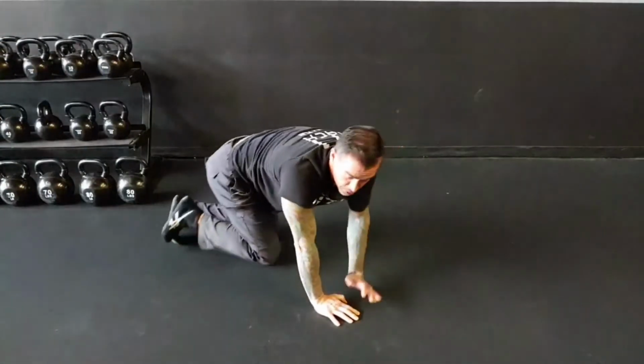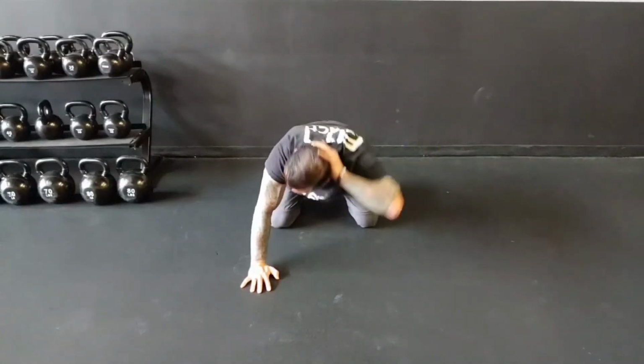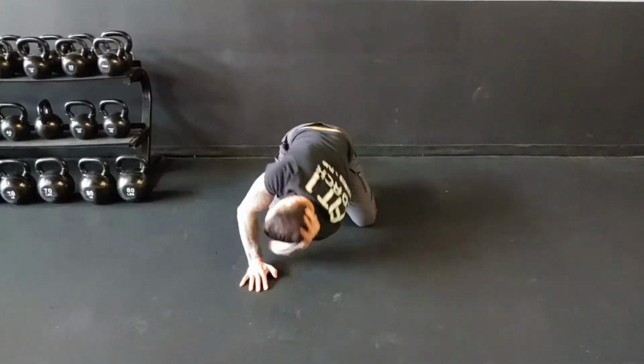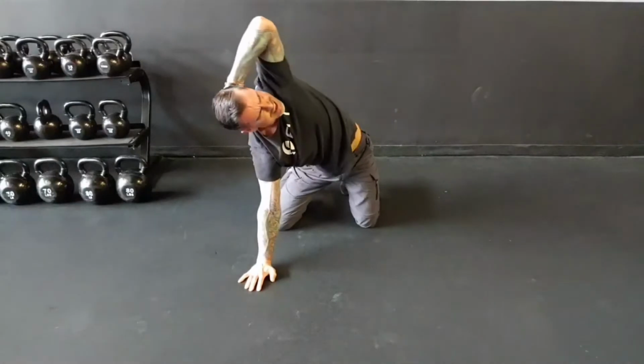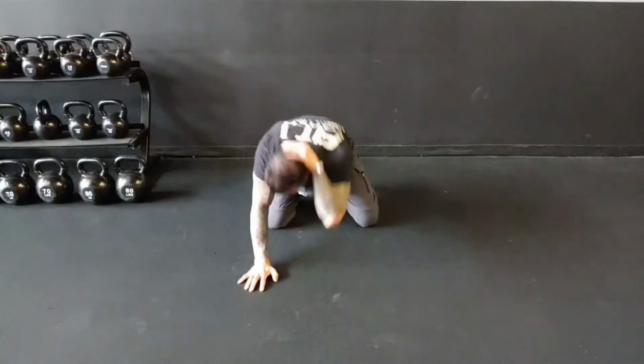Good. Now I'll show you from this position. Grab the back of the head. Inhale, exhale, tuck, stack, pack, and follow the elbow with the head. Inhale,